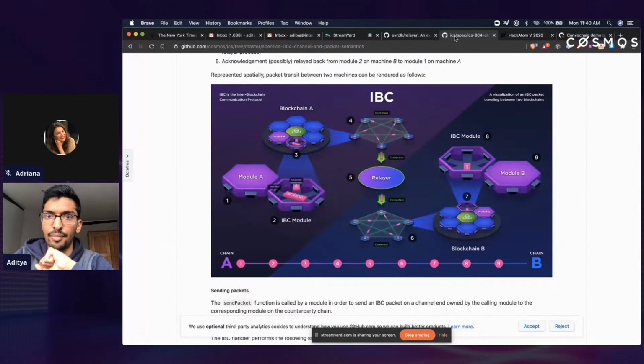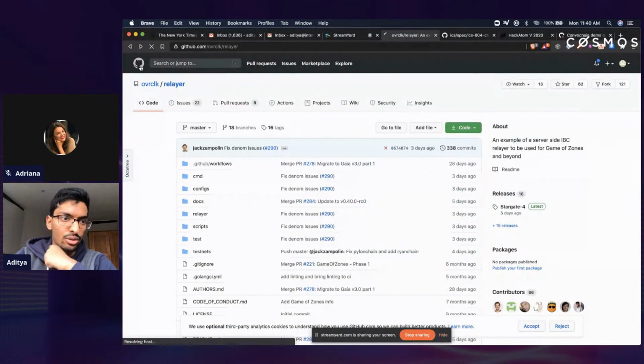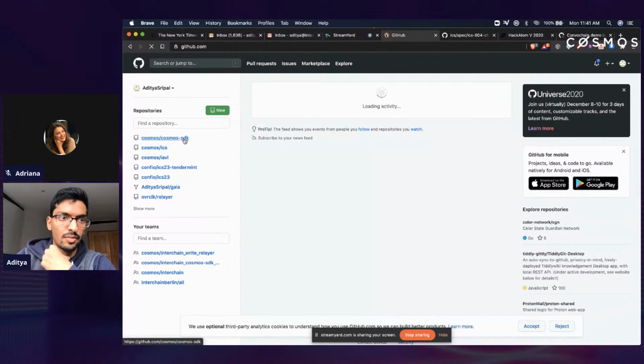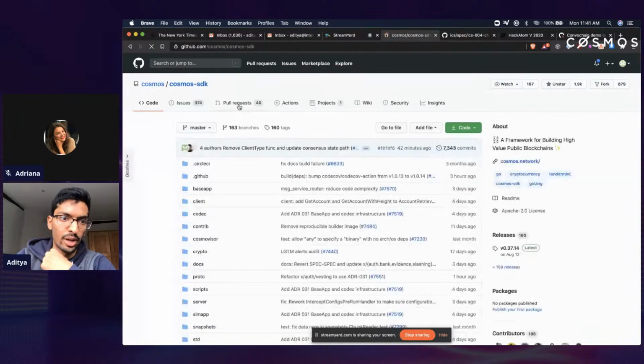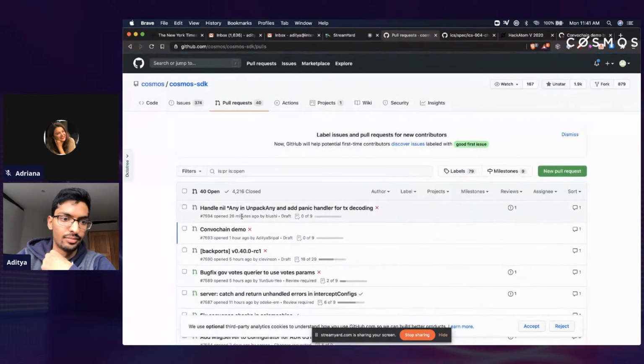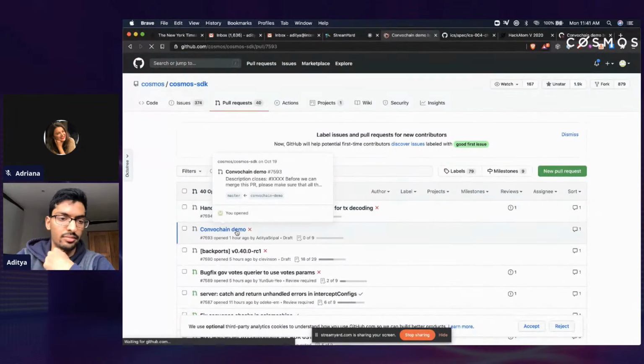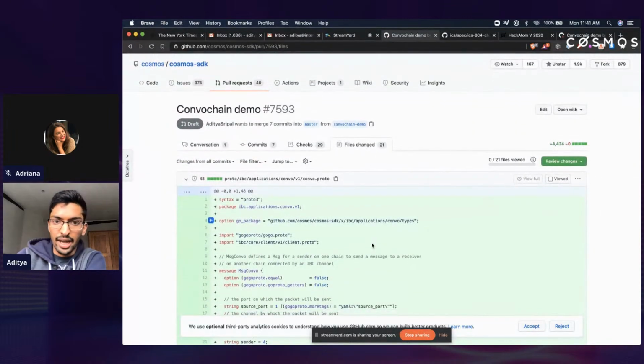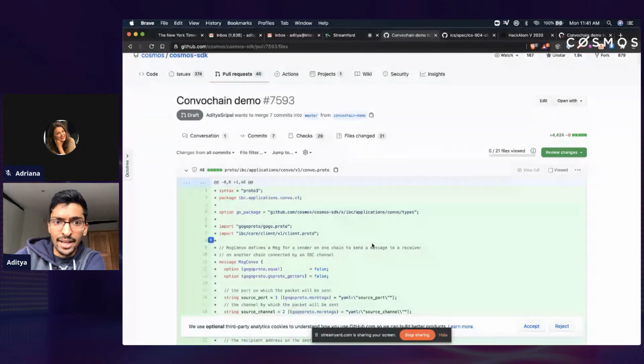And I have my code sitting up here. I have it as a pull request that you can look at. So this is what you can look at just for how you want to change your SDK fork to add your own application module. So first, you'll want to add any